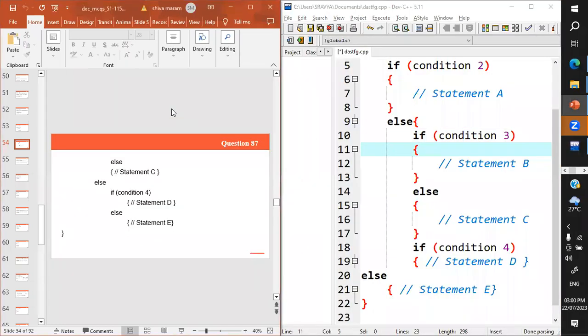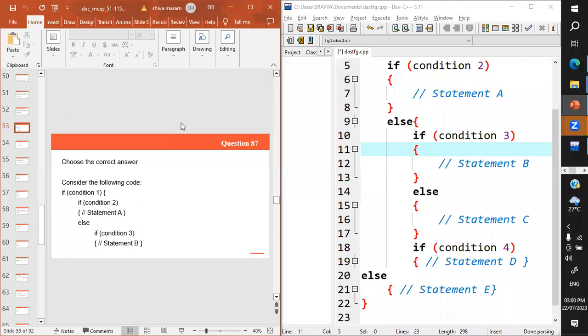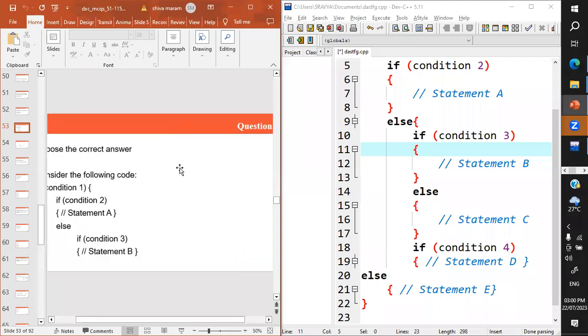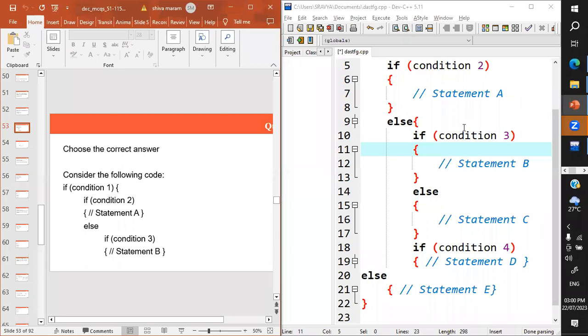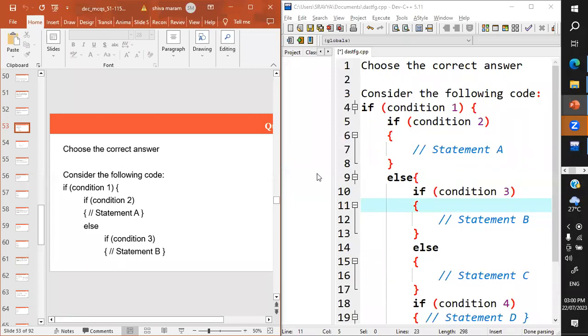Just see that. First, we have one if, but I don't know whether it's visible for you or not. It's too small. Okay, first if condition, condition one. Inside that we have condition two. Then inside condition two we have the else part for condition two. I hope it's visible, everyone. Now, after that, we have